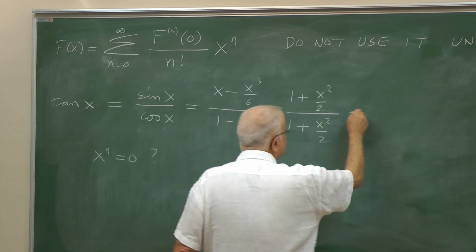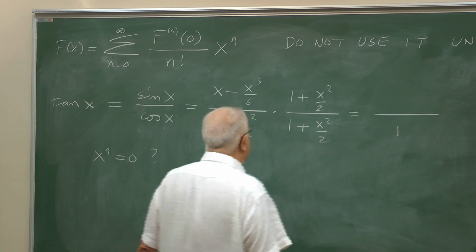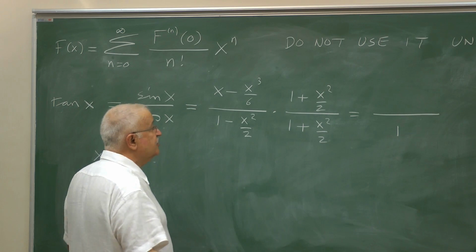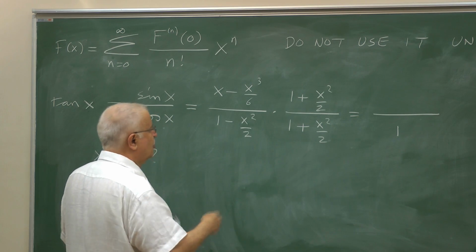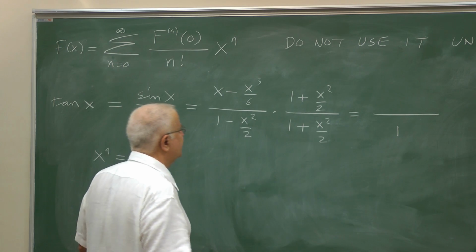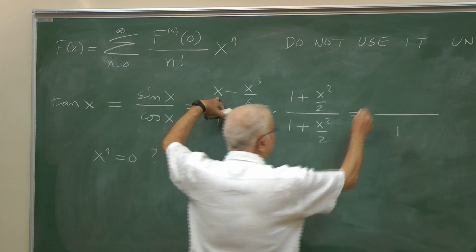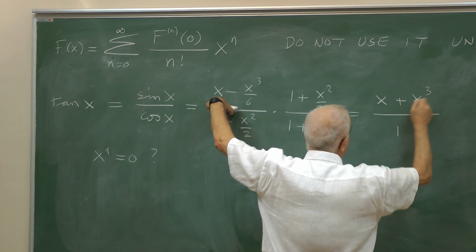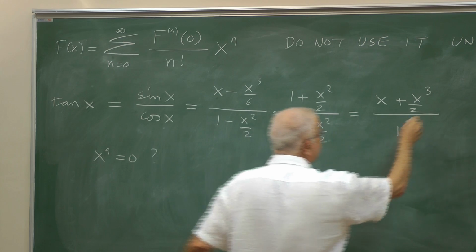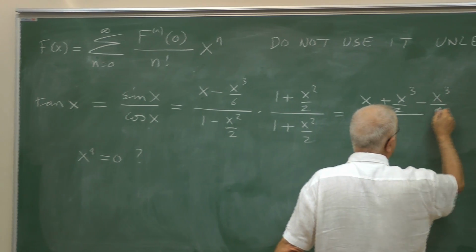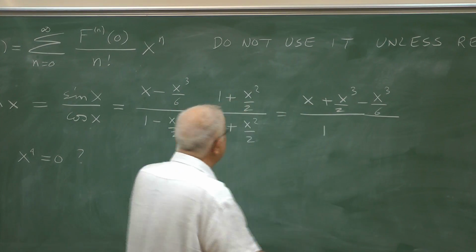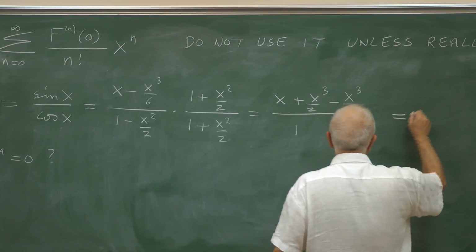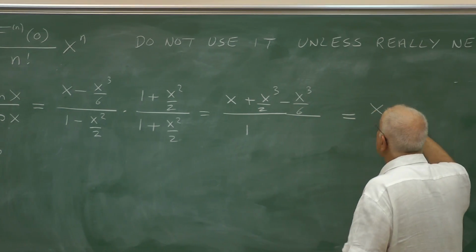So the denominator is 1 minus x squared over 2. 1 plus x squared over 2 is 1 minus x to the fourth over 4, but x to the fourth we disregard. How about this? First, x outside, x cubed over 2, inside minus x cubed over 6. Then last is x to the 5. So we disregard that. So this is simply x,